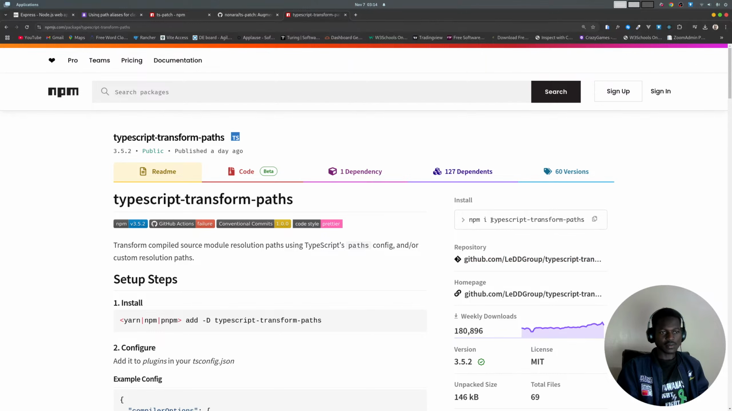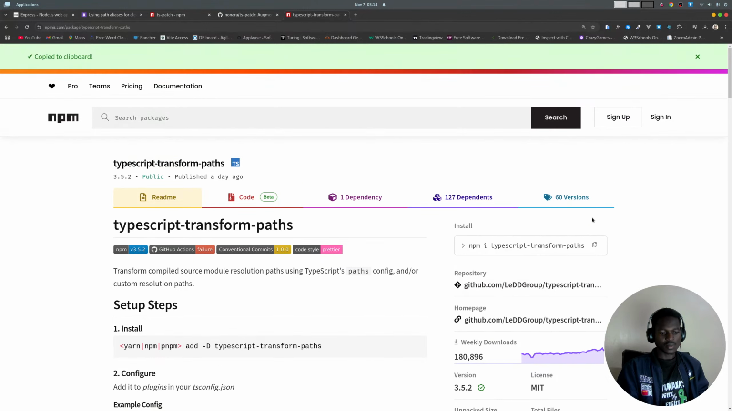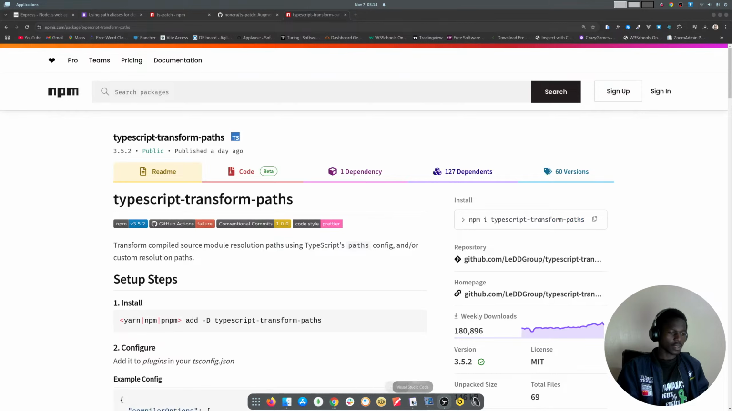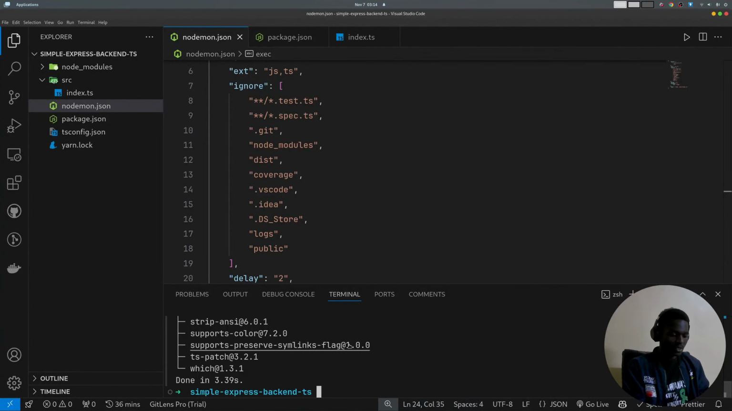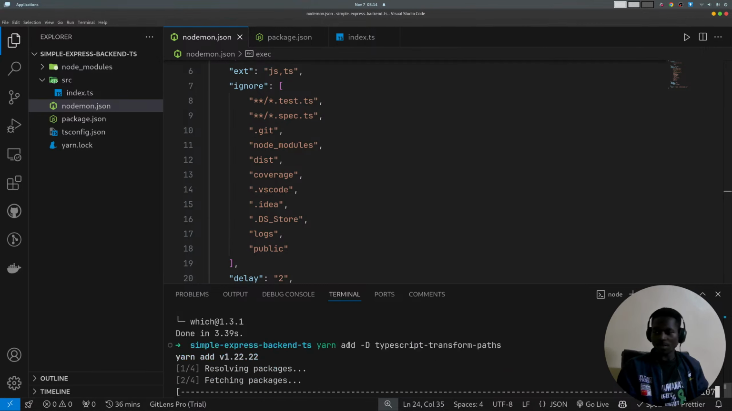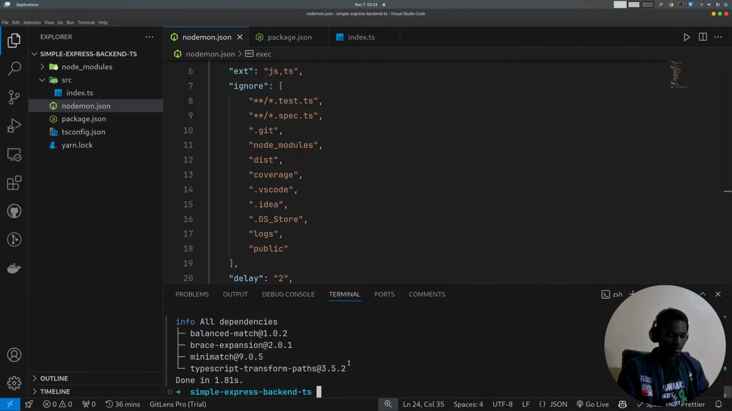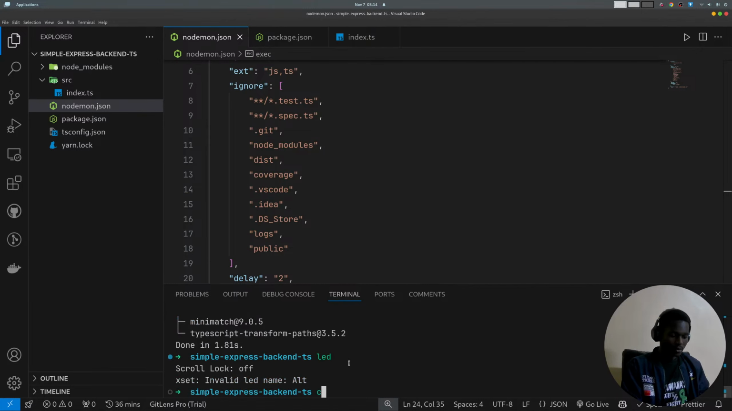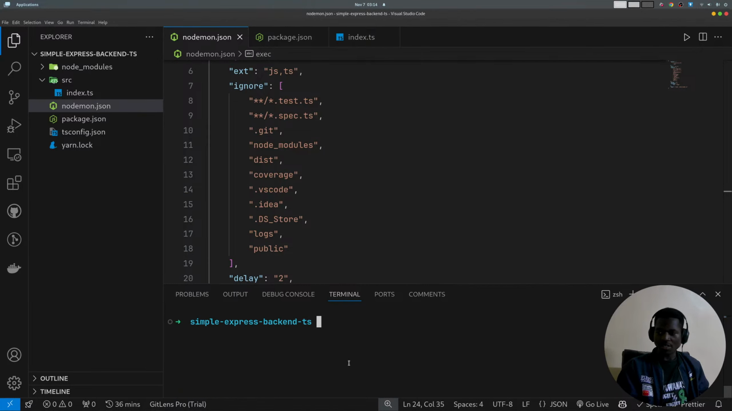So I'll just copy this, copy that, then get back to the terminal. Then instead of using npm, I'll just run yarn add with dev dependency. So once we have that dev dependency installed,